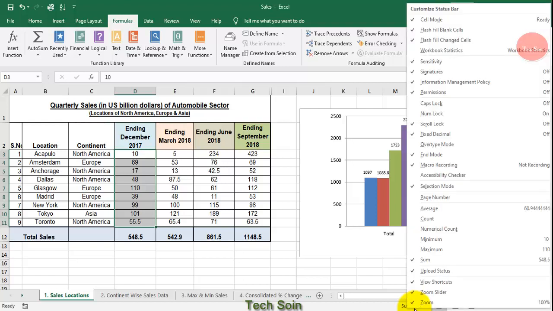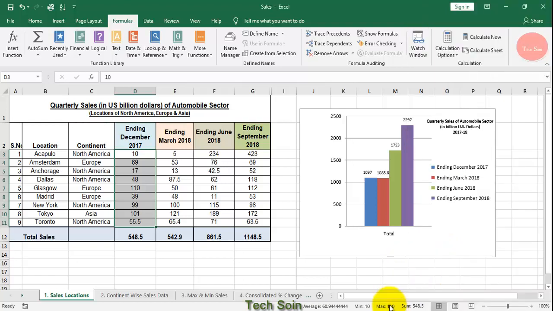The status bar can be configured to display other things also. Right click on the status bar, select whatever you want. Now you can see that it is also showing maximum, minimum, average of our selection.